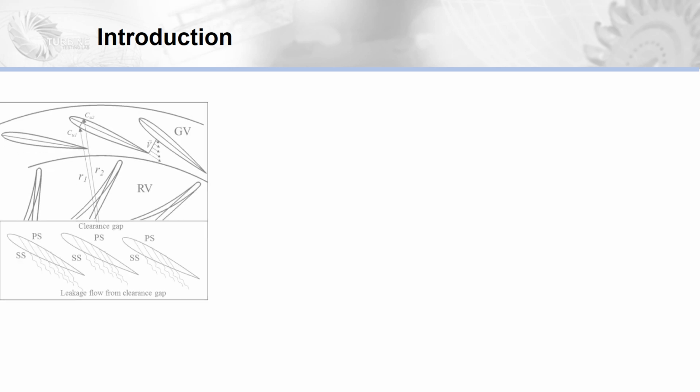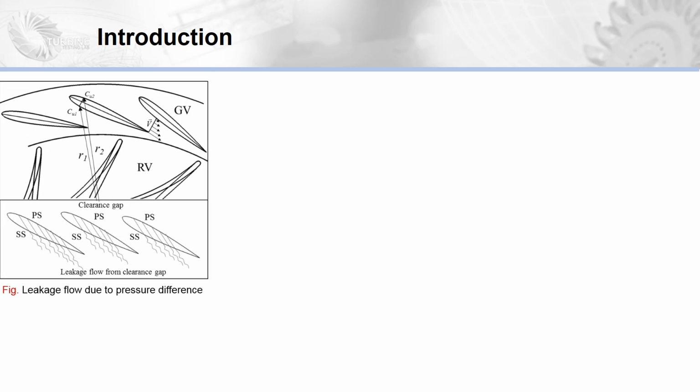When water enters the guide vane leading edge, the flow is divided into two adjacent guide vane surfaces. One surface is located at a higher radius from the center of the turbine and the other is located at a smaller radius, as shown in the figure. The difference in radius of the fluid flowing domain differentiates these sides as pressure side and suction side. Hence, a pressure difference is created between these sides, which tends to pull water towards the suction side. This results in the cross leakage flow from the clearance gap.